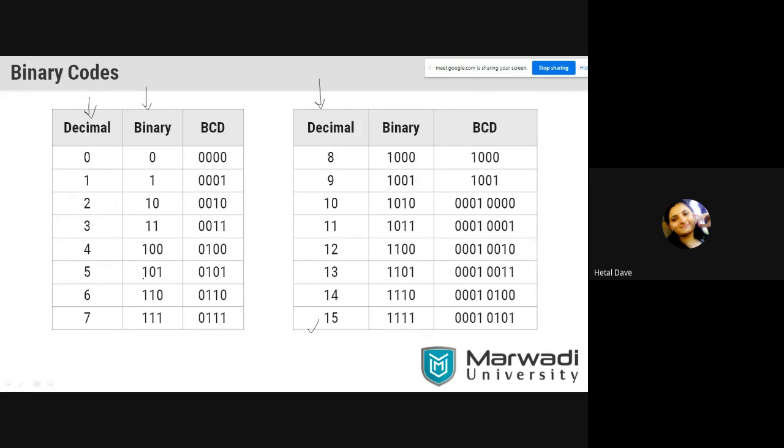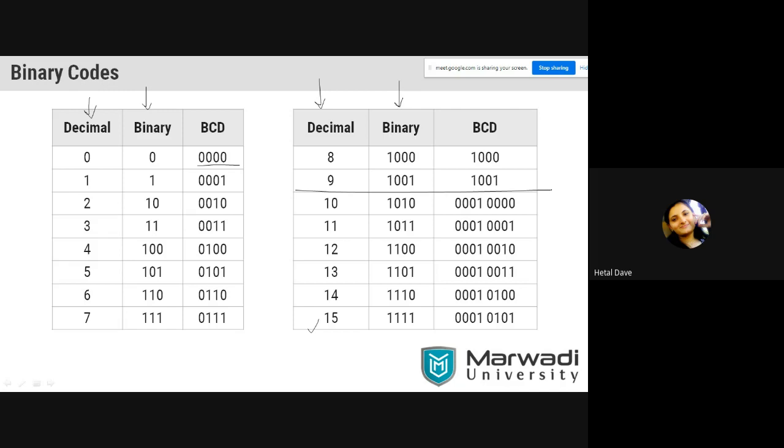I already told you a binary number is not fixed, the number of bits is not fixed. But BCD is a 4-bit code. What was the description of BCD? It is a 4-bit code. In binary, as per requirement, we use the number of bits. Here, to represent 0 in binary, we require only 1 bit. But BCD is a 4-bit code, so we will make it 0000. Likewise, you will observe up to 9, both codings are the same. Binary and BCD, nothing is different.